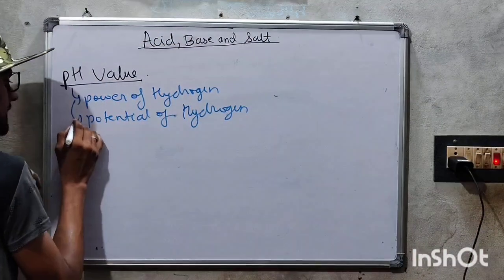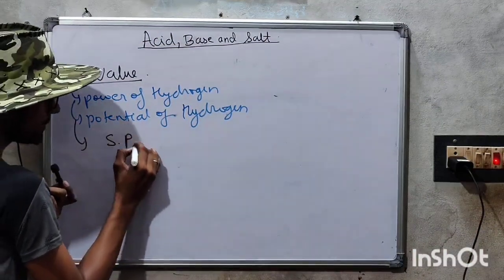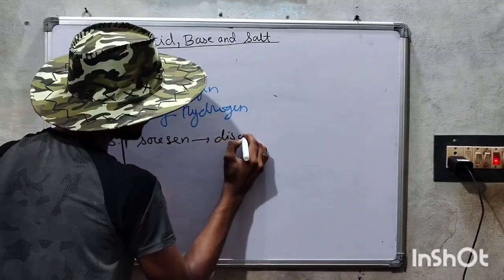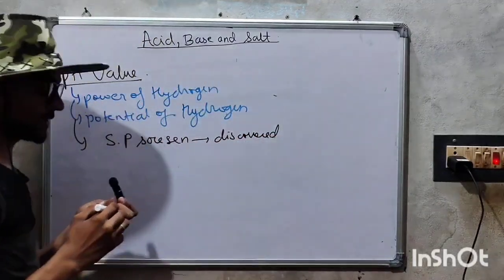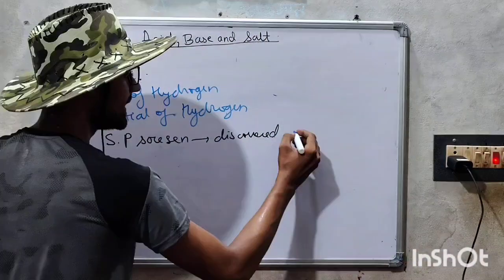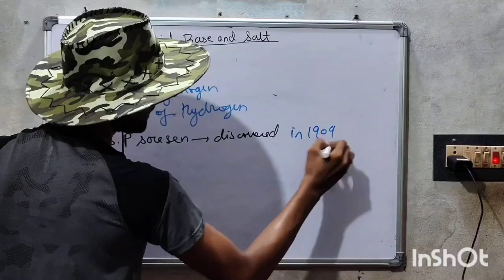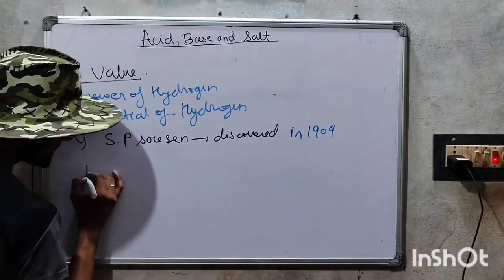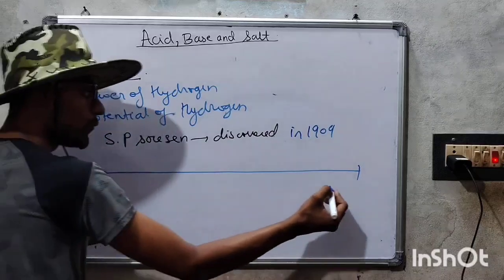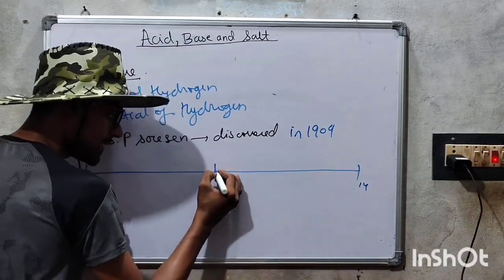It was discovered by S.P. Sorensen in 1909. The pH scale is from 0 to 14, and 7 is